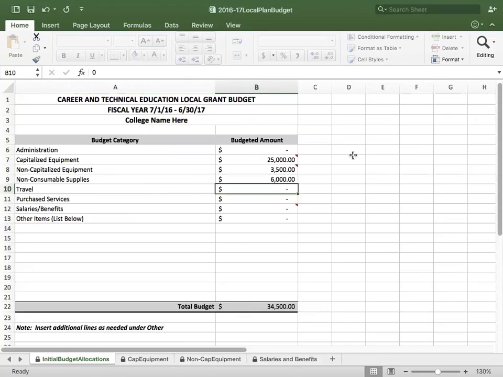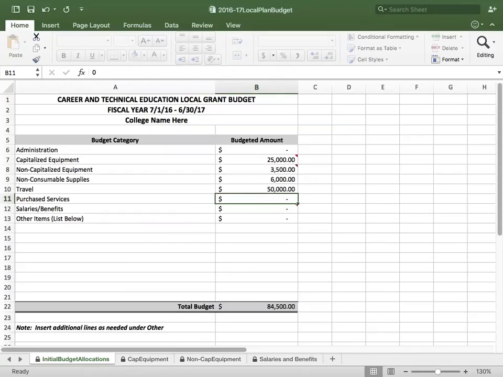Travel/professional development, you would just put in the dollar amount you anticipate to spend here. Once we get down to our actual starting budget, you'll have to break that out into registration, in-state travel, lodging, all of that good stuff. But for your initial budget, you don't have to worry about breaking that down. You may have purchased services. Maybe you're hiring somebody to come in to do some professional development. You would give the amount.